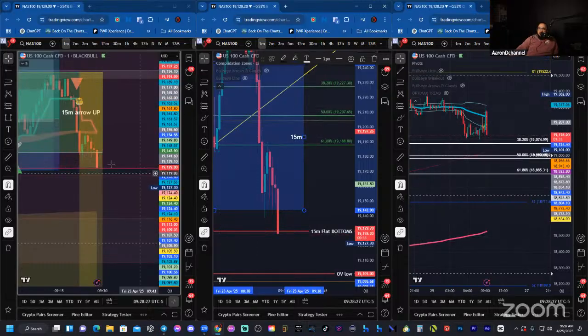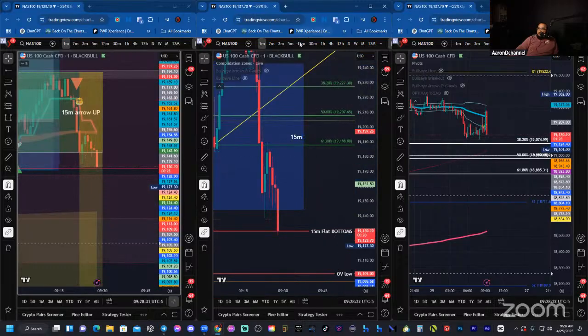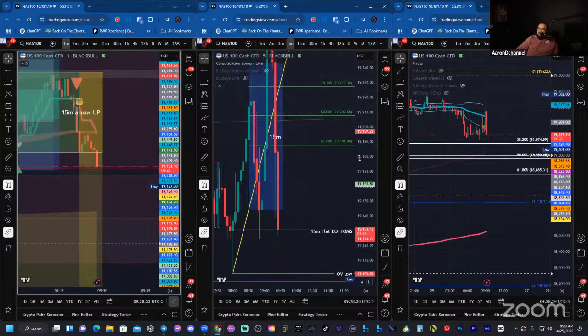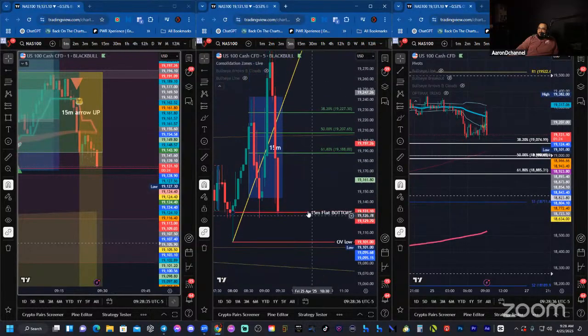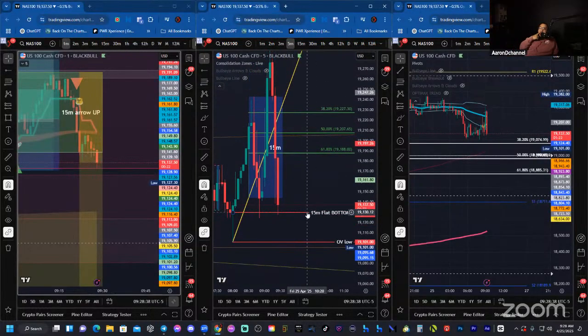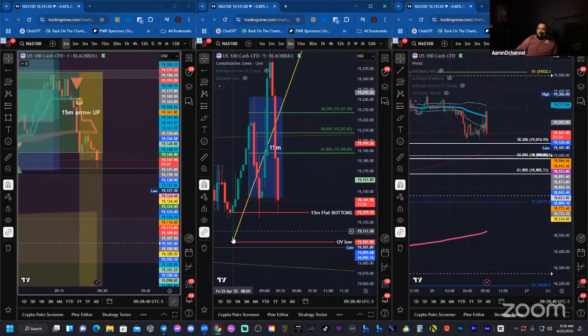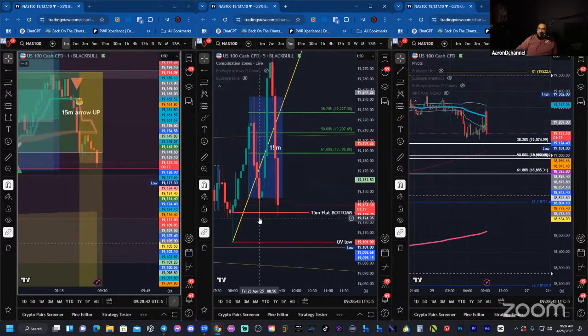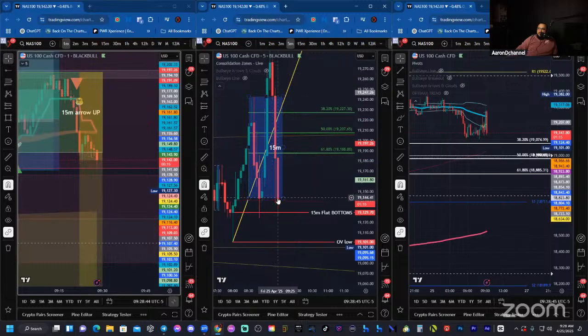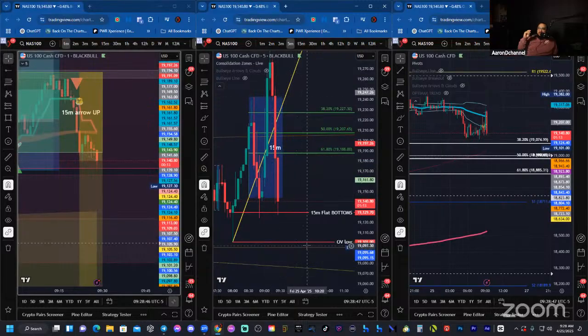Relax, people. There's the bottom of the weekly wick field. Let's see if we can push through that. I'm more interested in a 5-minute candle close. Let's see, about 1:20 left. There's the 15-minute flat bottom. Now, what happened the last time? We bounced up. Here we bounced up. And then we are there now. Let's see if we can get a candle close below the 15-minute range. Let's see.